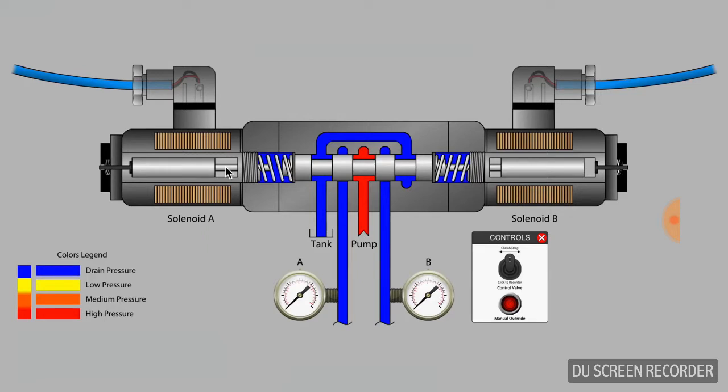Also observe that in the main valve body, there is a spring on each end of the spool that helps return the spool to the center position when the valve is in neutral. The lines with the gauges labeled A and B are the work ports that typically connect to a hydraulic cylinder